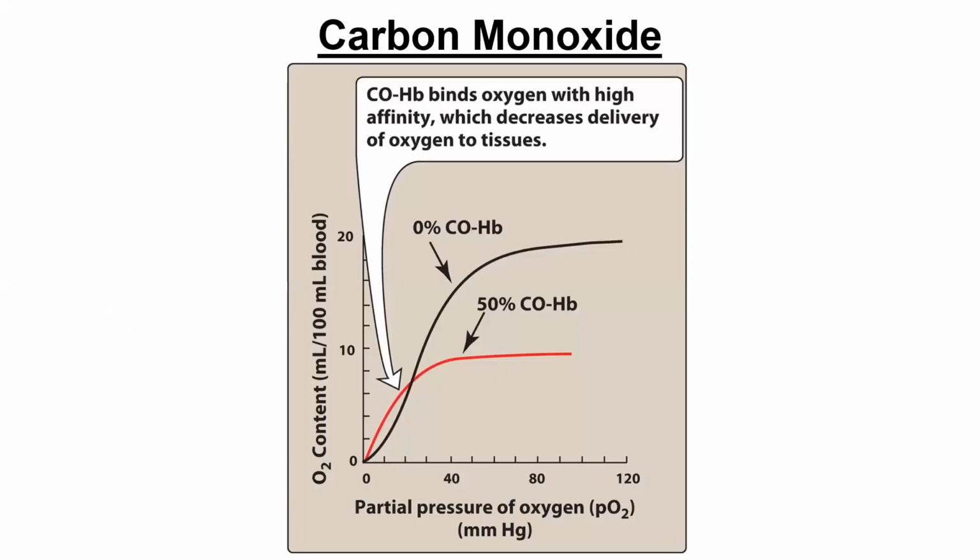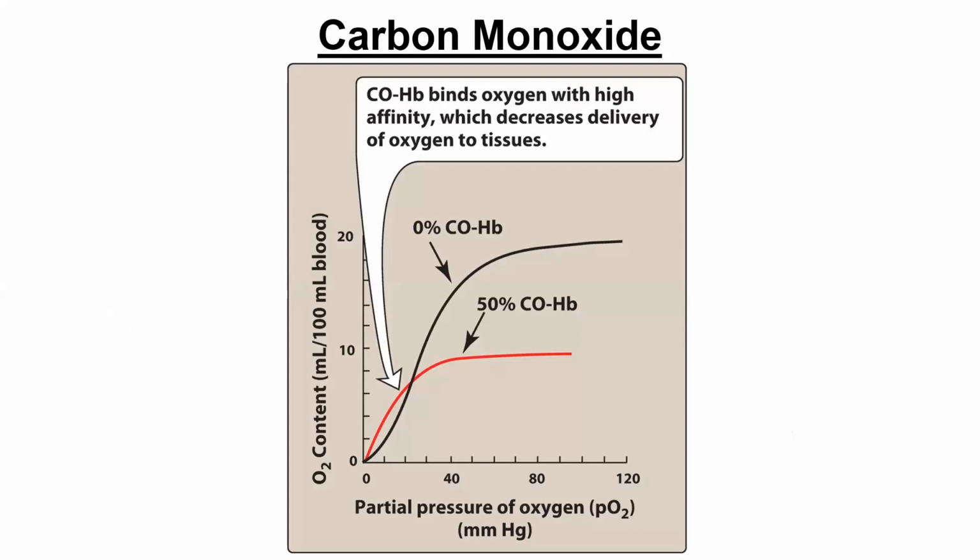Next one is carbon monoxide. I guess you guys are more aware of this than I am. So what happens with carbon monoxide poisoning? It binds with hemoglobin, right? Two things happen. It takes away the hemoglobin that is supposed to bind to oxygen and deliver oxygen where it's needed. Another thing, once the carbon monoxide is bound to hemoglobin, it actually increases the affinity of oxygen for